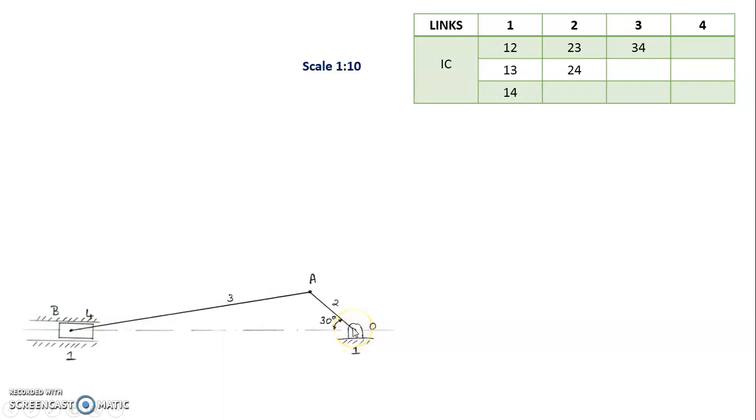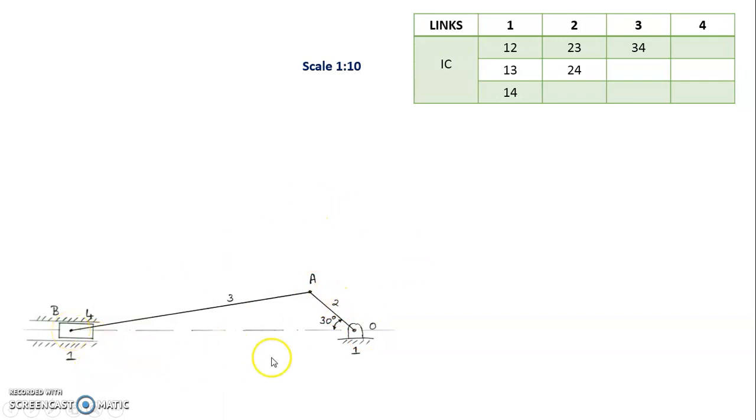Then I know that the length of the crank is 300 mm and that angle is 30 degrees. Hence I know this, right, isn't it? So the scale 1:10 means with 30 mm I will draw this length. Once I draw this length, I know the length of AB is 1200, so with A as center and our scale, that is 120 mm, I'll cut the arc and hence get point B. Once I get the point B, I will join B to A to get the connecting rod. Then I will draw this slider, which is in a cylinder. Then I'll mark this as point O, this is the crank end A, and this is B.